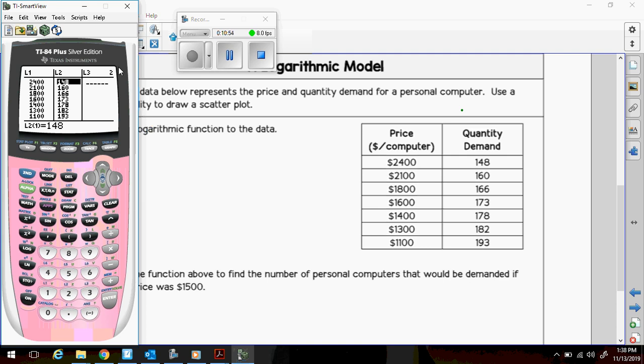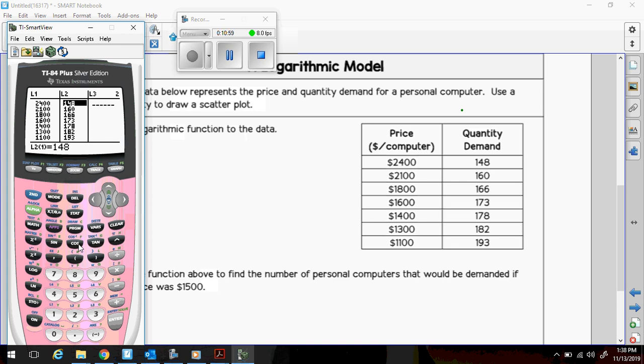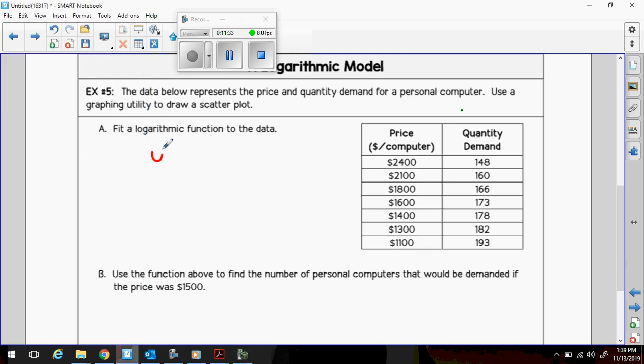The directions say to fit a logarithmic function to the data. If you even try the logistic, we're going to go back to Stat, and then you go to the right for Calc. If you even try going to B, logistic, it's not going to work. It'll give you an error or something. But we have a natural log, or LN regression. It's not line regression, it's LN regression, so it's number 9 on mine. And I'm going to press enter, enter, enter. It's a lot of enters, and then what we're going to get is y equals